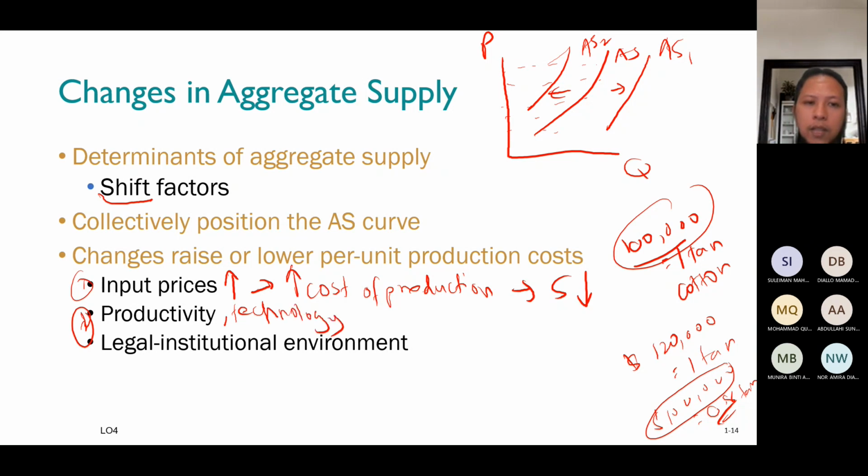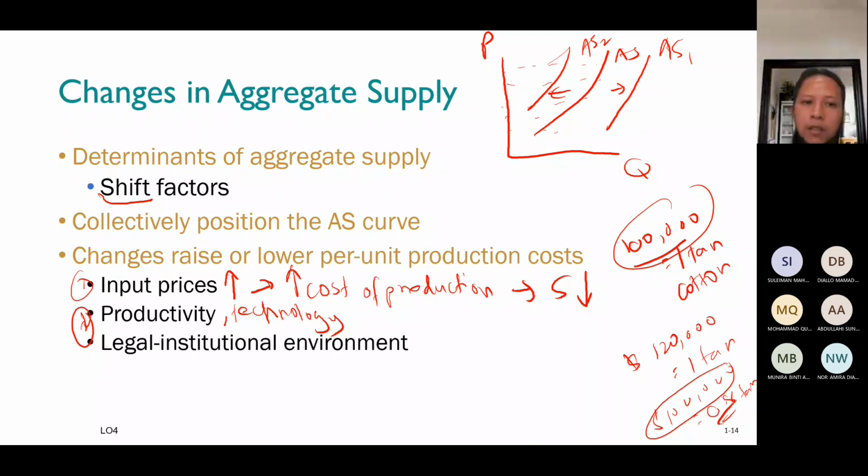So when technology increases, this will also increase productivity. For example, if you have a machine, that machine can produce a certain amount of goods during a certain period. But now you buy a new machine with better technology, and because of that, you can reduce the input